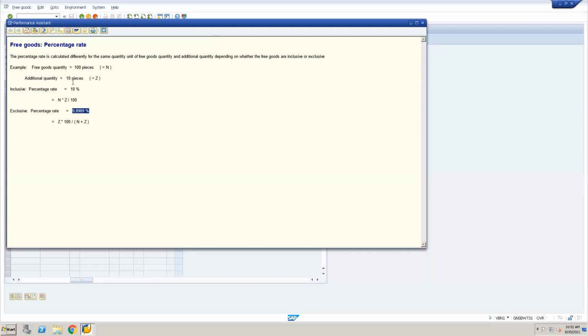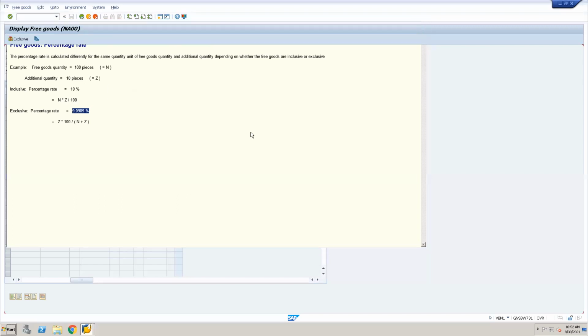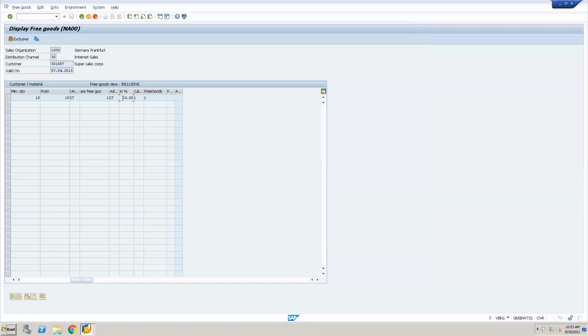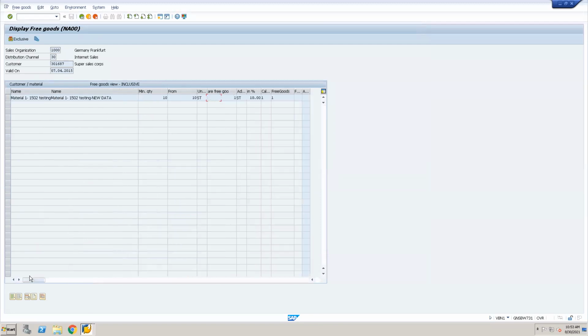Exclusive if we keep it, it will come 100 plus 10. అంతే కదా. ఎక్స్క్లూజివ్ అంటే ఇంక్లూజివ్ అంటే టోటల్ క్వాంటిటీలో ఇంక్లూజ్ అయిపోద్ది ఆఫర్ క్వాంటిటీ కూడా. బట్ ఎక్స్క్లూజివ్ అంటే నార్మల్ ఆఫర్ క్వాంటిటీ, ఆఫర్ ఎక్కడి నుంచి స్టార్ట్ అవుతుందో ప్లస్ ద క్వాంటిటీ, ఆఫర్ క్వాంటిటీ. అంతే కదా. So here they are using this percentage. I never used it, but anyhow, normally what we do is, this is how the free goods determination happens.